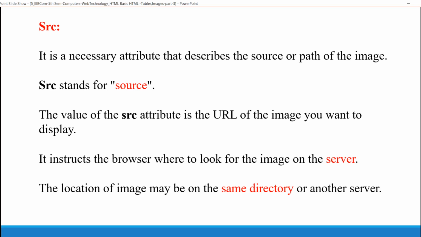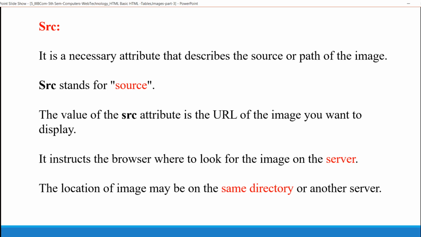It describes the source or path of an image. The value that is provided for SRC is URL, the URL of the image you want to display. It instructs the browser where to look for the image on the server.